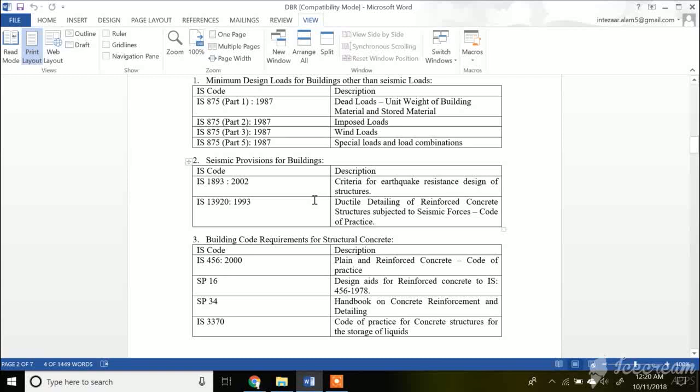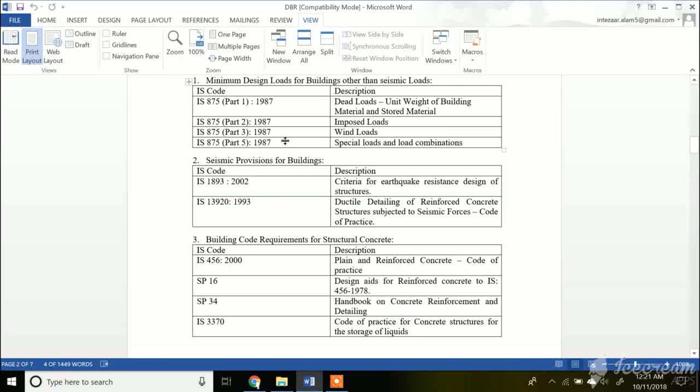IS 13920-1993 is the ductile detailing. IS 13920 will explain whether your structure needs to have ductile detailing, or you can go as per the normal detailing of IS 456-2000. For this also, IS 13920-1993, I have already uploaded a video on ductile